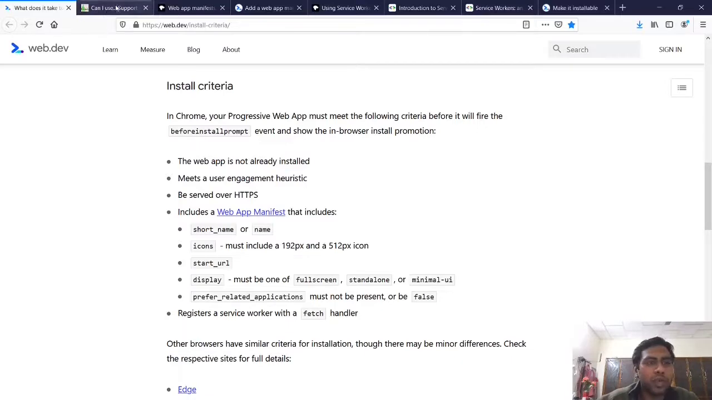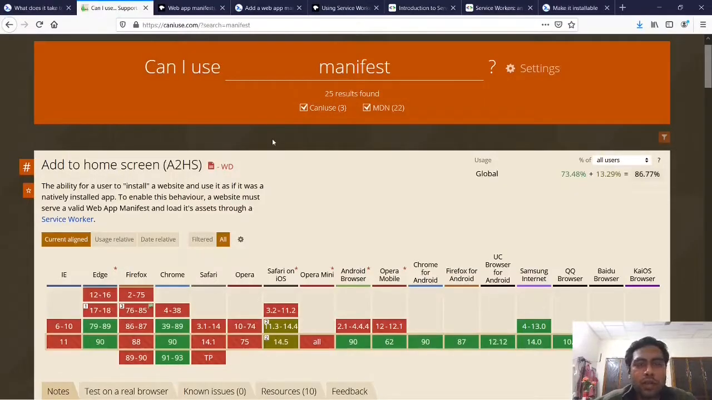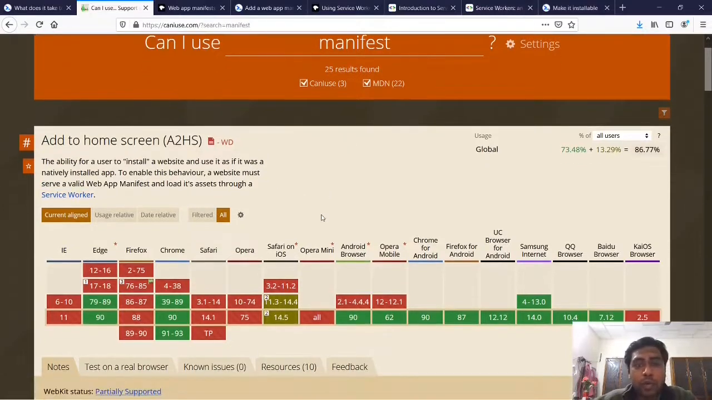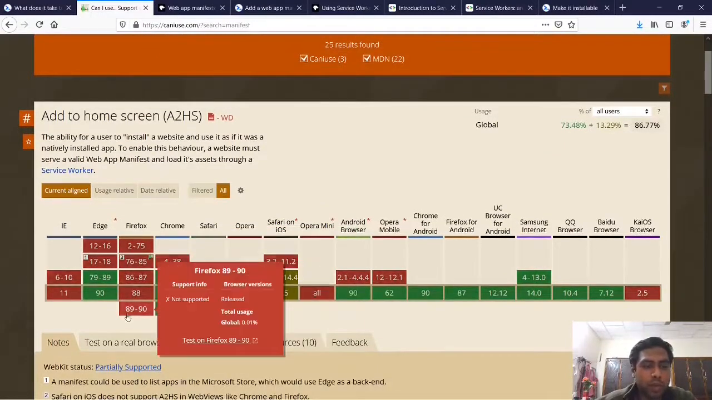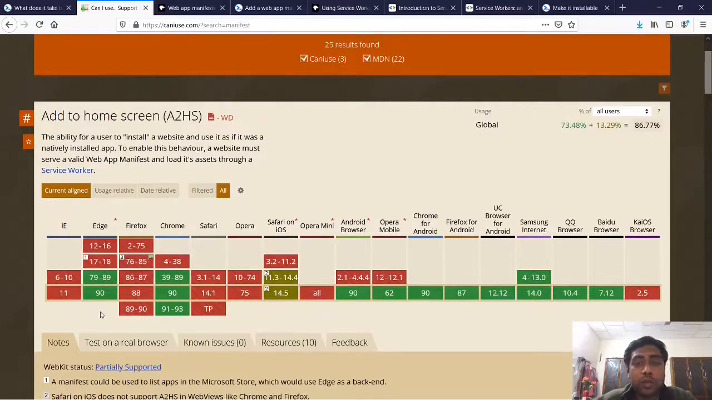So if we go to caniuse.com, that is a nice resource to check out support for different features in different browsers. So here, if we type in the manifest, which is the manifest file, you can see the description. It is the ability for a user to install a website and use it as if it was a natively installed app. So if we look at the support that is there in different browsers, Chrome has good support compared to other browsers. So Edge is also starting to support the manifest file, but it's not yet supported in